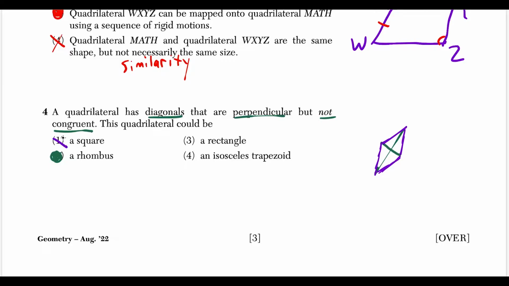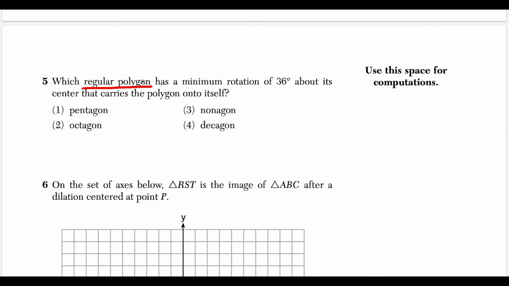Okay, definitely not a square, not a rectangle, because these are not right angles. And not an isosceles trapezoid. We just drew out a rhombus here. So definitely choice 2. Question 5, which regular polygon, which means polygon where all sides and angles are the same,